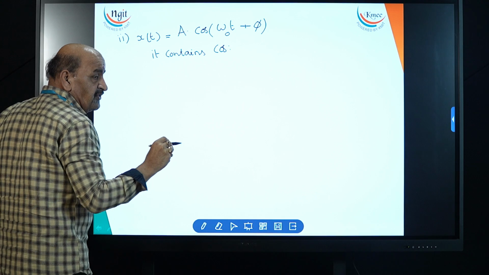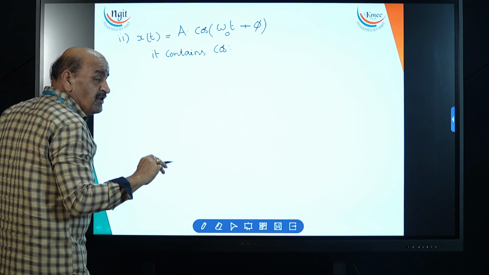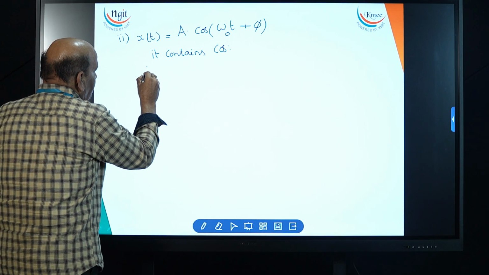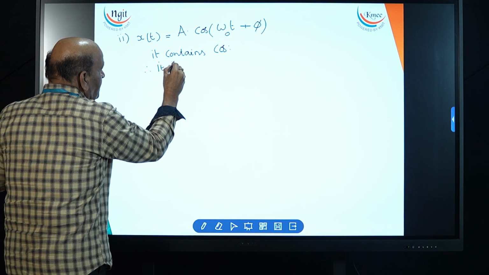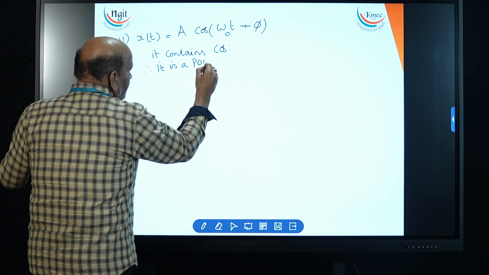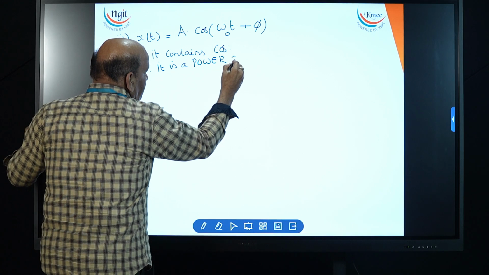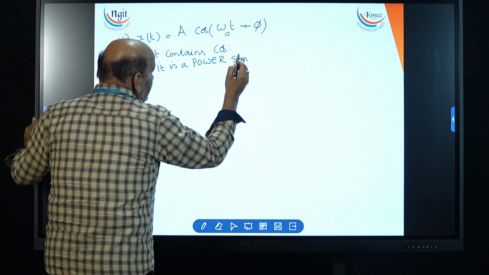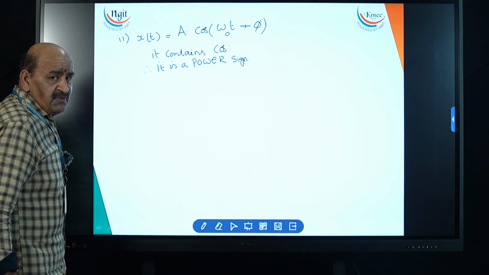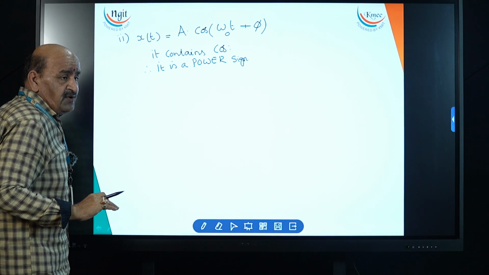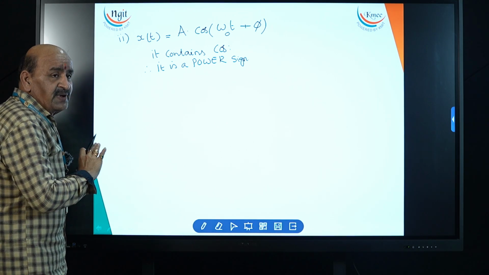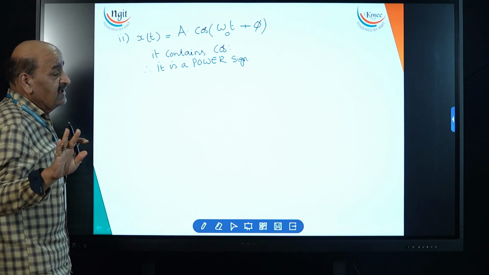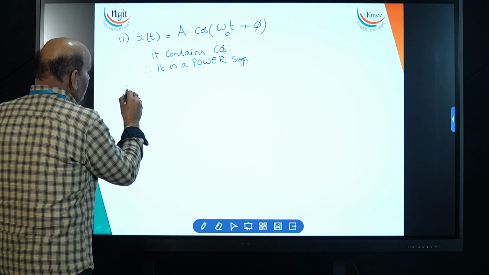So all trigonometric signals are periodic. All periodic signals are power signals. Therefore, it is a power signal. Whenever it is confirmed that it is a power signal, we are going to calculate only power. No need to calculate energy for that signal. Now, it is a power signal. Therefore, the power